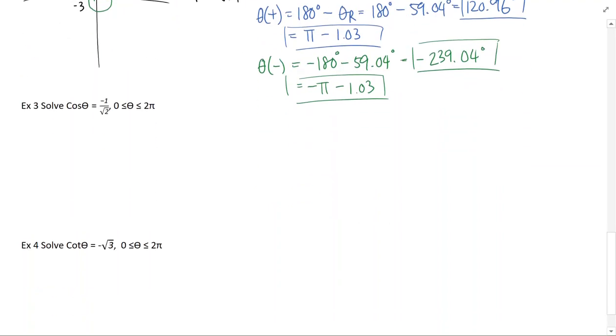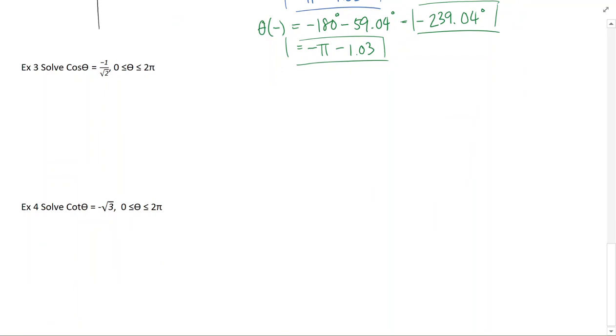All right, example 3 here. Solve cosine theta equals -1/√2. With this, first we want to start with a sketch again. Now, how do we know where our terminal arms are? We need to look at this ratio, and right now we have a negative ratio. And if you think back to